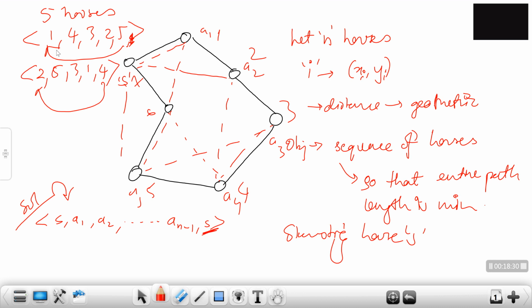We're going to have a crossover on this. Suppose we use a single point crossover directly, what will happen? Single point crossover across position 3. If we apply crossover over here, what are the solutions that we get? We will get 1 4 3 1 4, and the other part will be 2 5 3 2 5, which doesn't make sense. So this will give an infeasible solution. So directly a crossover cannot be applied to the system.